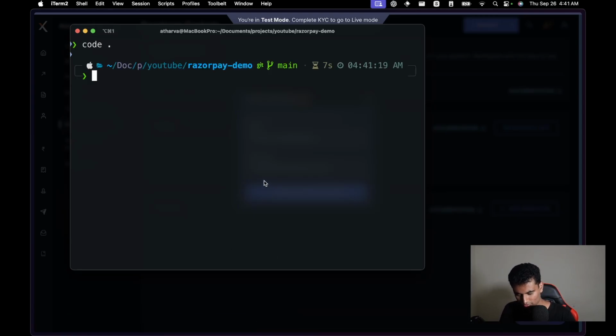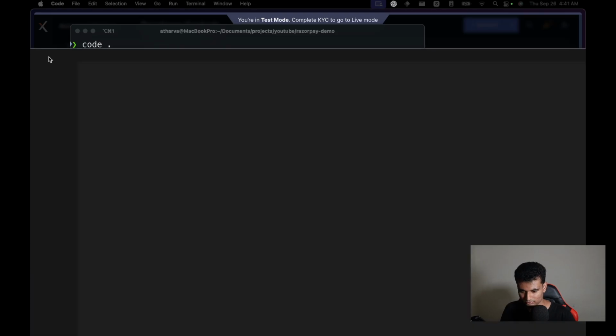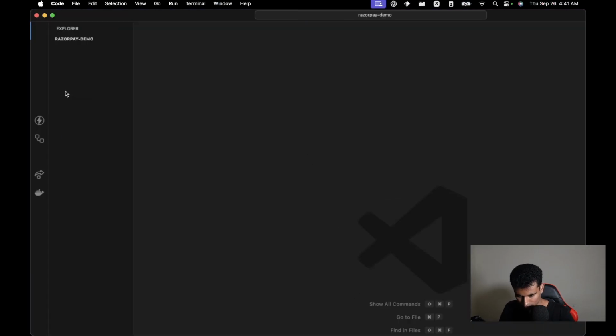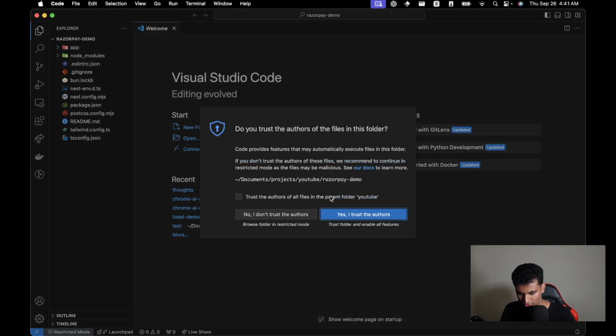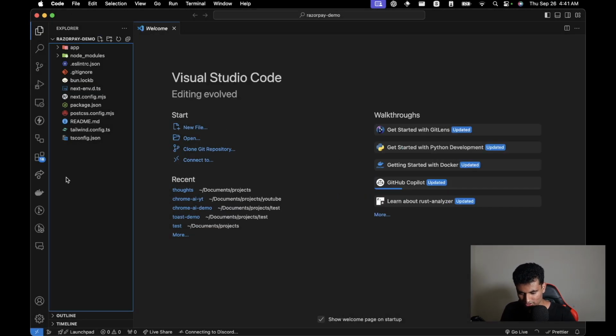Let's get an environment variable first and let's just forget about it. It's a little bit slow, but yeah, it's open here. Alright, so I'm going to go ahead, I trust myself. I'm going to go ahead and create a new